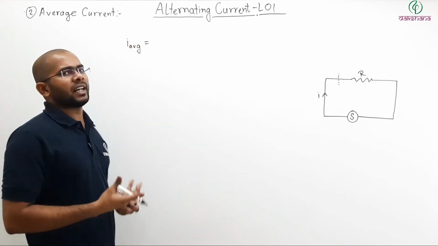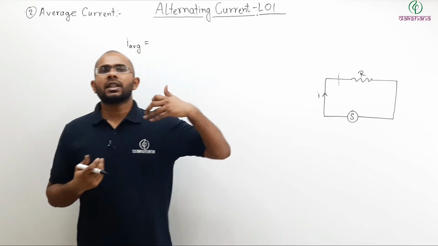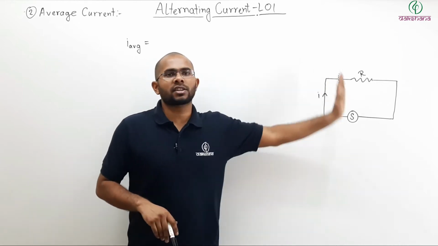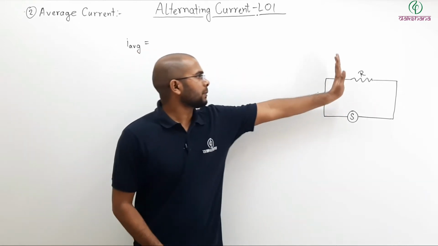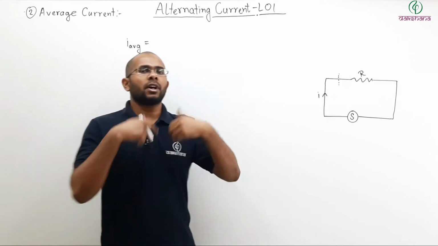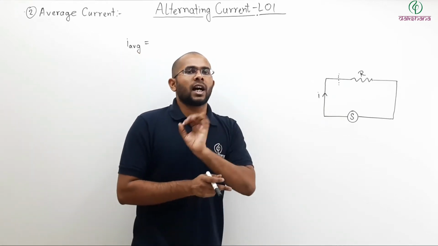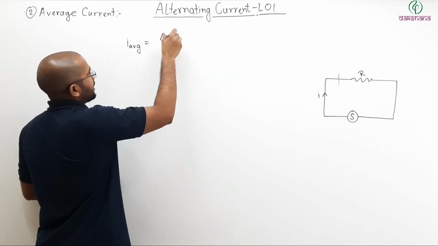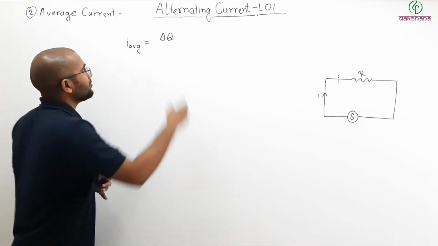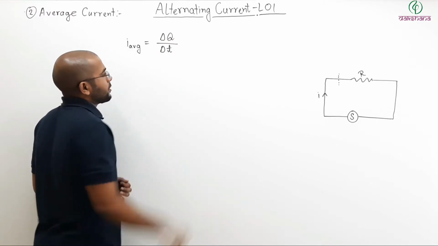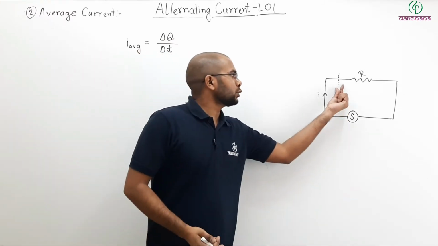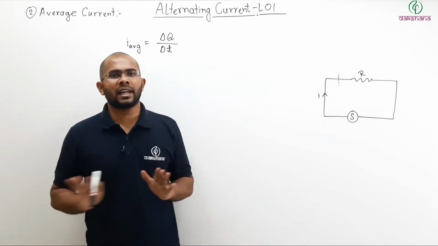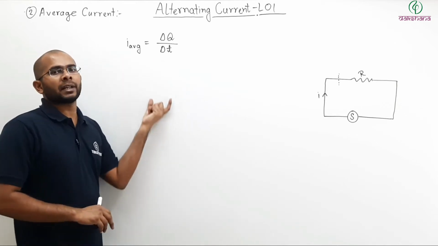Now what is current actually? Current, if you remember, we define as rate of flow of charge through a cross section per unit time. So if I talk about this cross section, let us say for a given amount of time, delta Q charge flows through that cross section. So I average can be written as, let us say delta Q current flows in how much time? In delta T time. So if in delta T time, delta Q charge flows through this cross section, then average current can be simply written as what? Your delta Q divided by delta T.